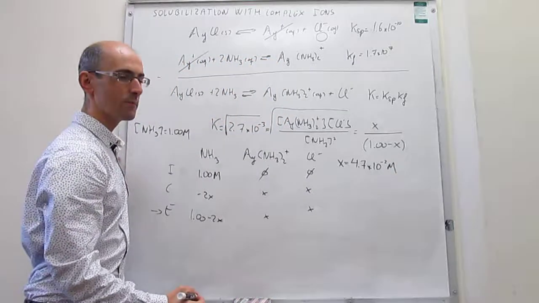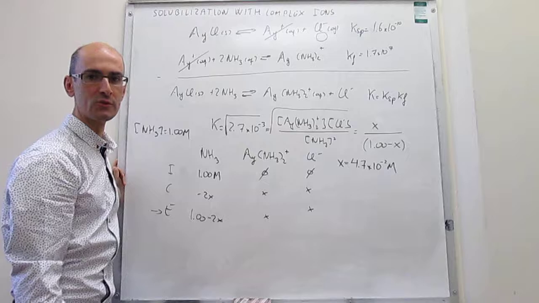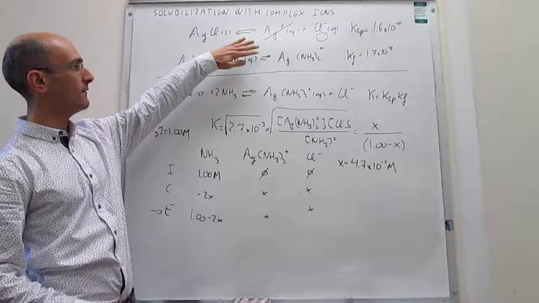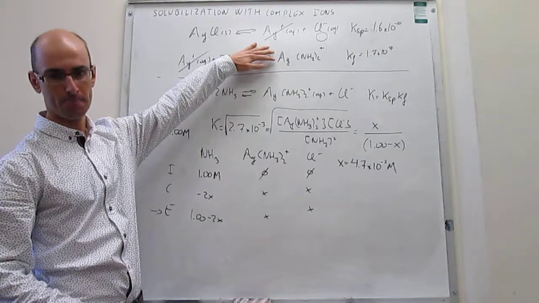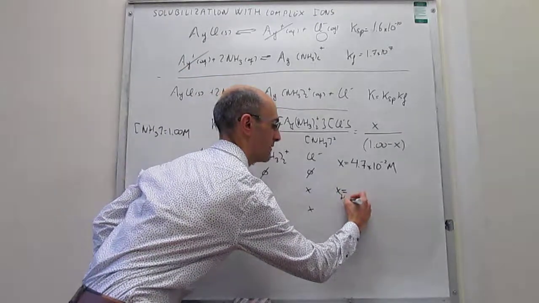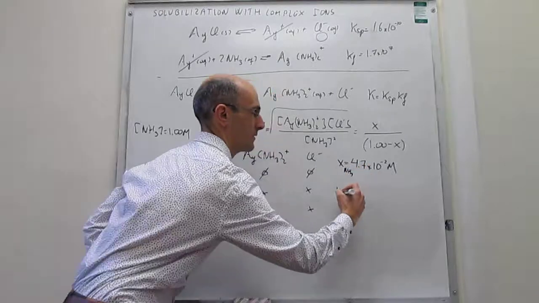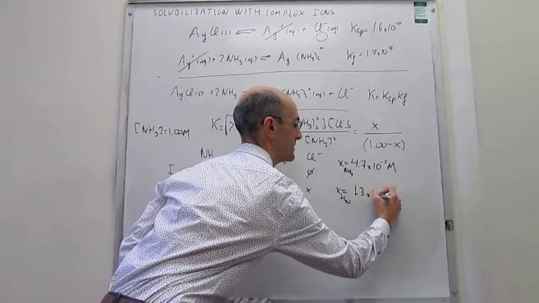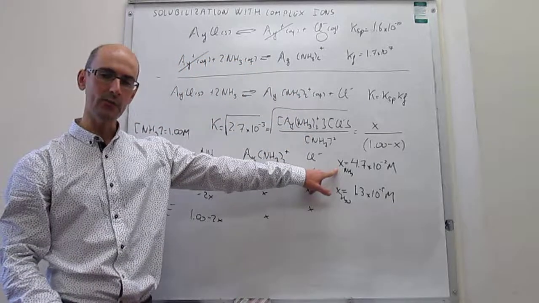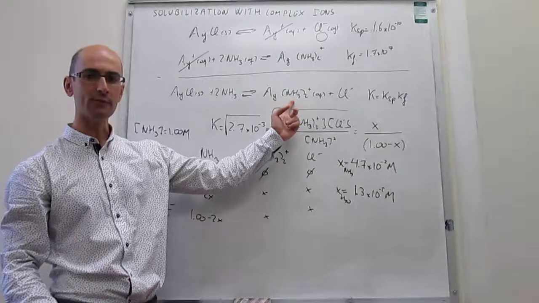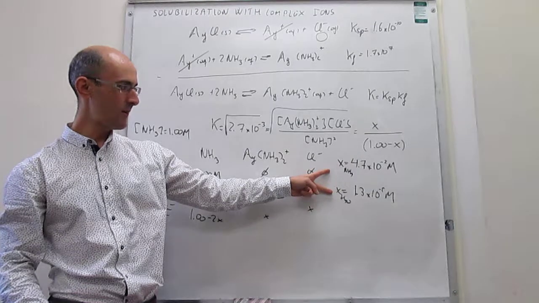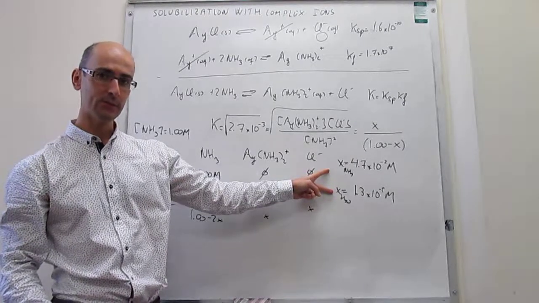Okay, and this solubility, in a 1 molar concentration of ammonia, has to be compared to the solubility that you would get in pure water, so no ammonia. The solubility in pure water is much, much smaller. That solubility in pure water is equal to 1.3 × 10^-5. All right, so by simply adding ammonia, which leads to the formation of this very stable complex ion, you're increasing the solubility of silver chloride with respect to pure water by a factor of about 3,000. Okay, so this is a great way